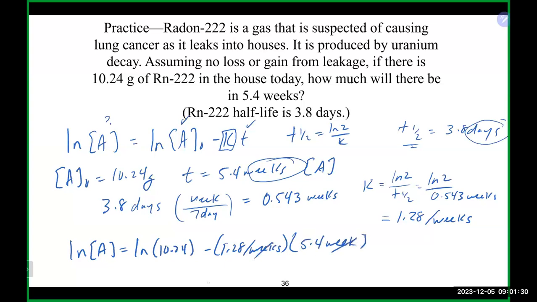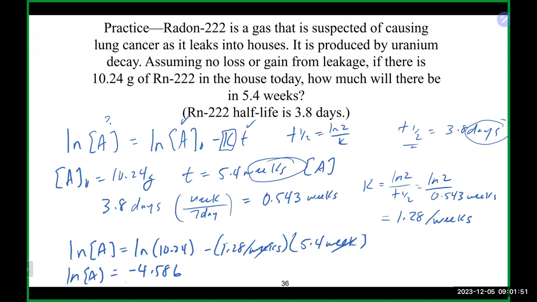The weeks here will cancel, and that's going to get us the natural log of 10.24 minus 1.28 times 5.4. That gives me the natural log of A equal to minus